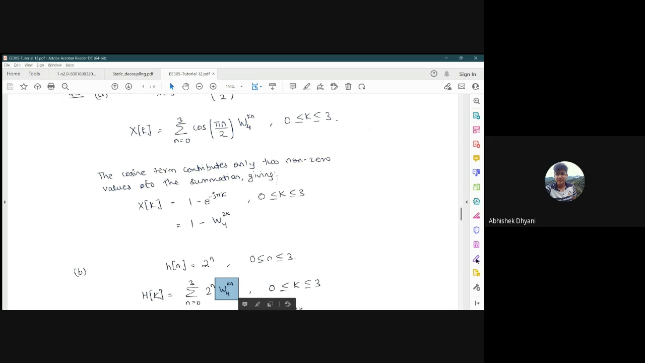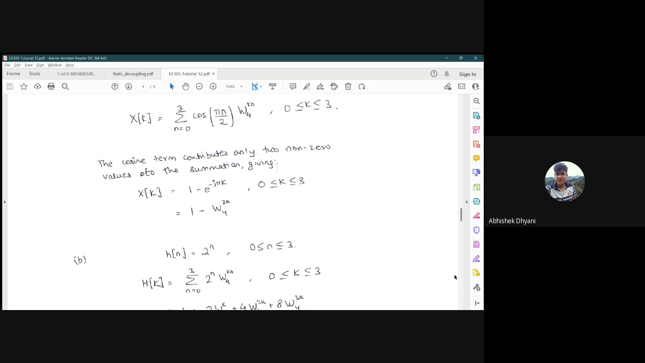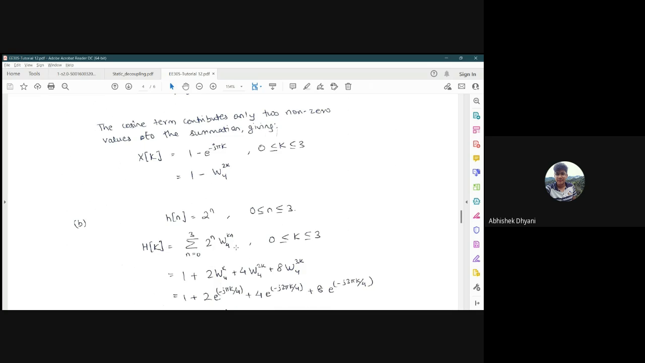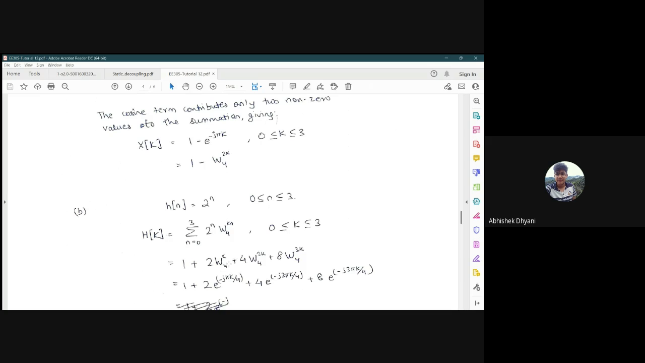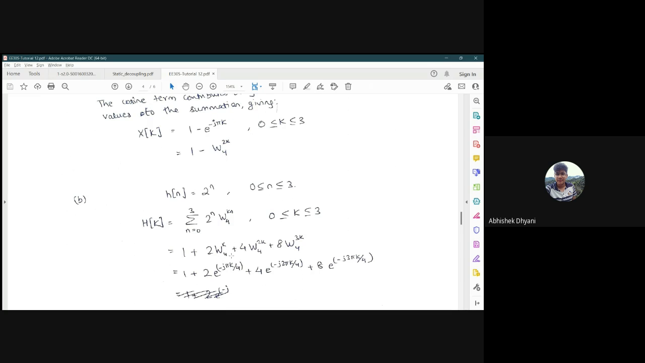notation for complex exponential. So when we solve this, first of all, when I evaluate 2 raised to the power n at 0, 1, 2, and 3, I'll get 1, 2, 4, and 8 respectively. And for this W4^kn, I have just written it. For n equals 0, it is 1. For n equals 1, I'll get this term, and then this term, and finally this term. So, or I can write it completely